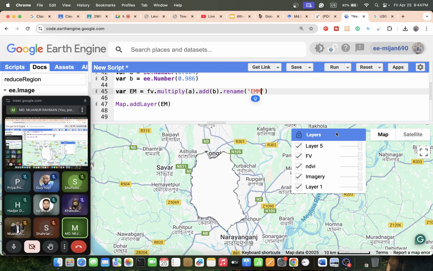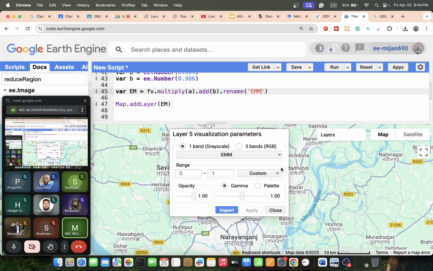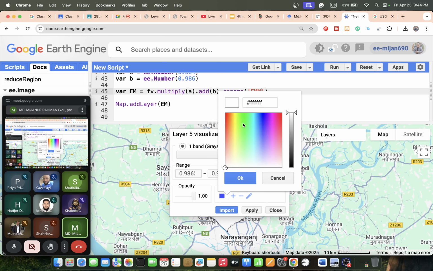Just click on here. You can see it shows the EM because I renamed it. Stretching was 98%. And I want to display emissivity. Suppose low emissivity shows as a blue color, greater than that shows as, suppose, a green color, then yellow, and high emissivity values show as a red color. Okay, or you can put any color combination. Just apply,